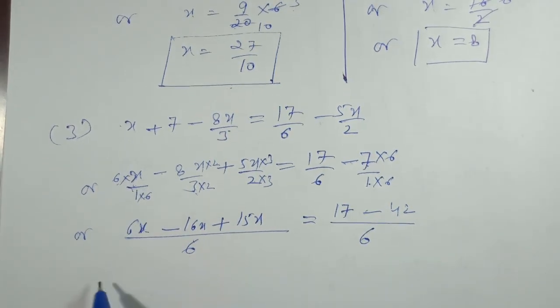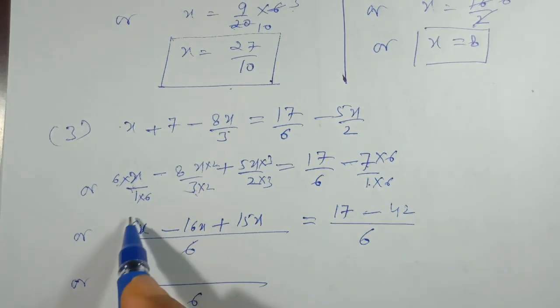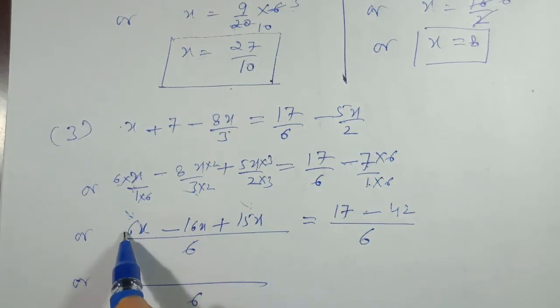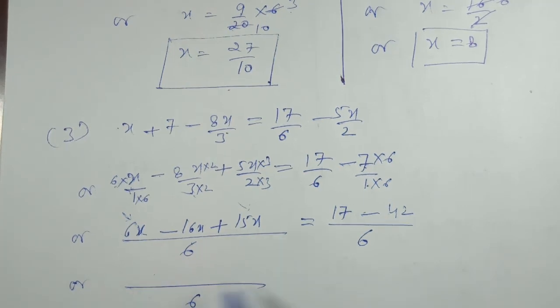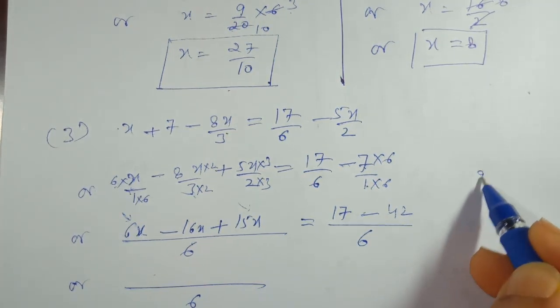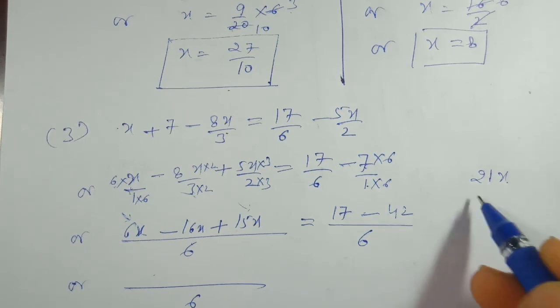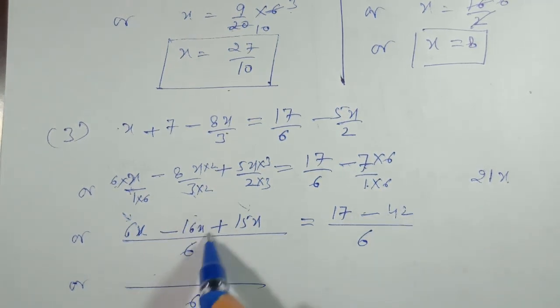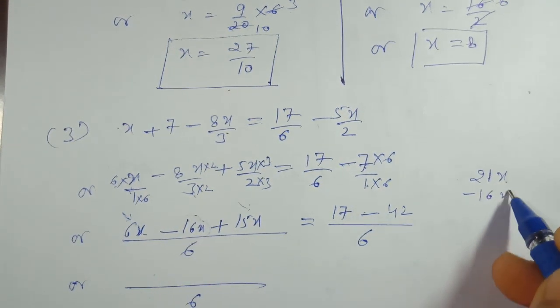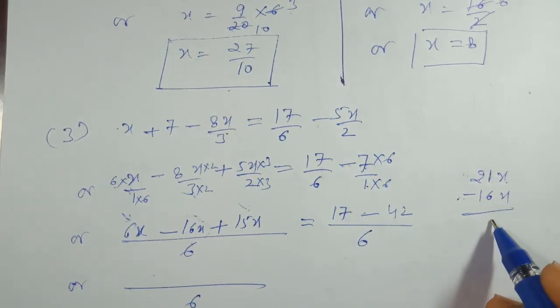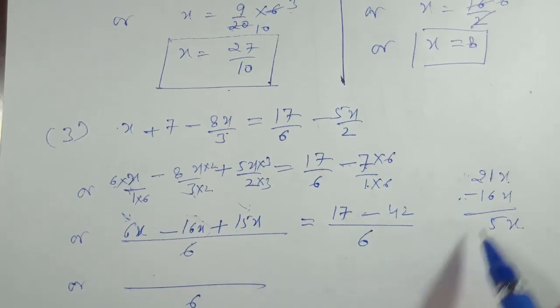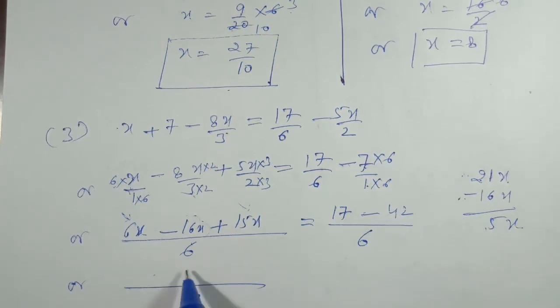Now according to the sign rule, we have to solve. How are we going to solve? First we identify the terms with the same sign. This is plus and this is also plus. So plus plus plus: 6 plus 15 will give 21. This will be 21x, in positive sign. Now the next term is left, minus 16x. Both are opposite, which means they are to be subtracted. So this will give 5x, and the bigger number is positive, so this will be in positive sign.